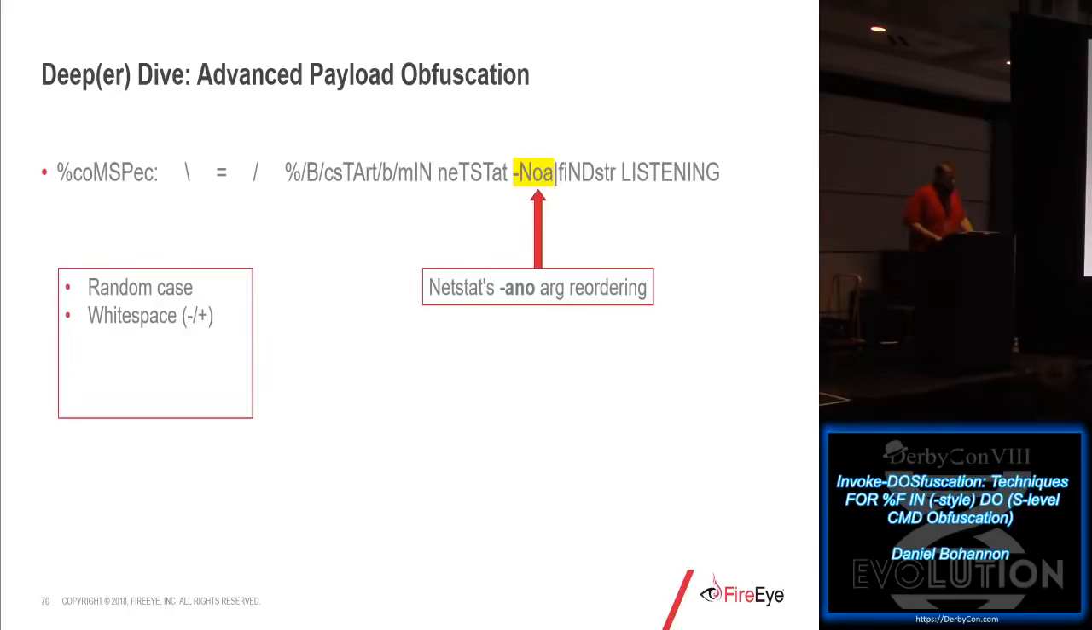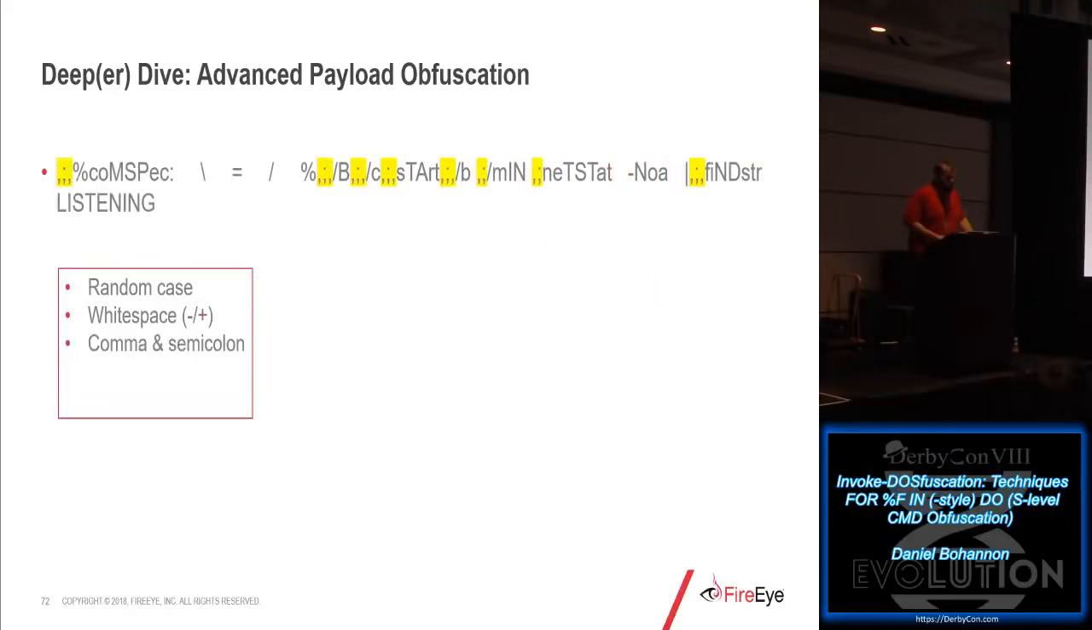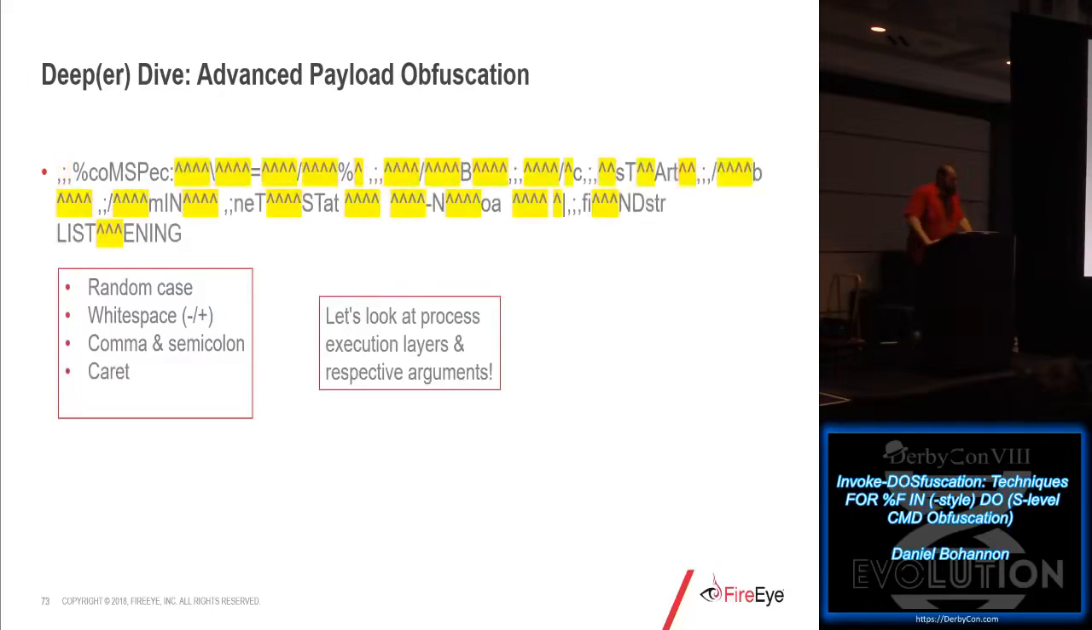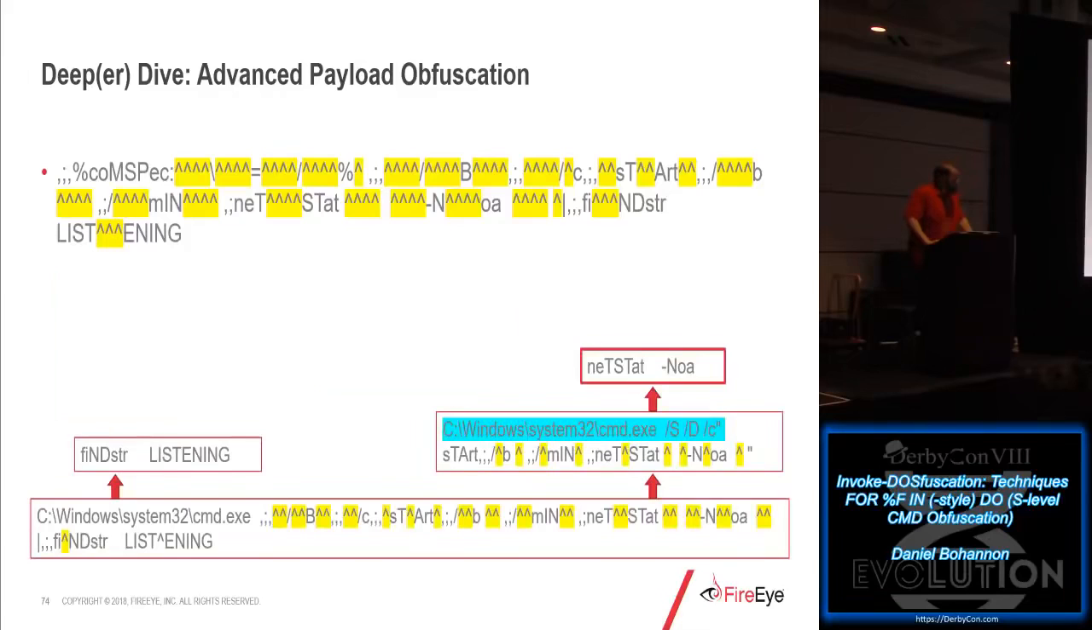Netstat's arguments can be reordered. We can add white space to the remaining command. We can also add all of those commas and semicolons because those are white space delimiters. And so we can add that in all of those places. We can then add layered caret escaping, and that will persist a couple layers down depending on which binaries will still handle carets. And now if we look at the process execution for this, going from the bottom to up,